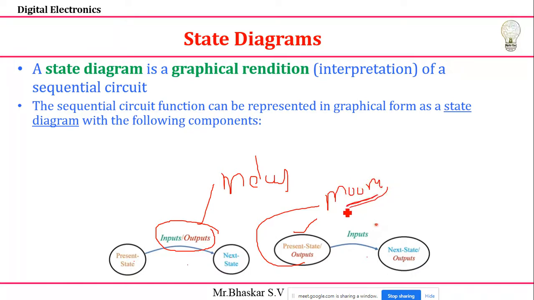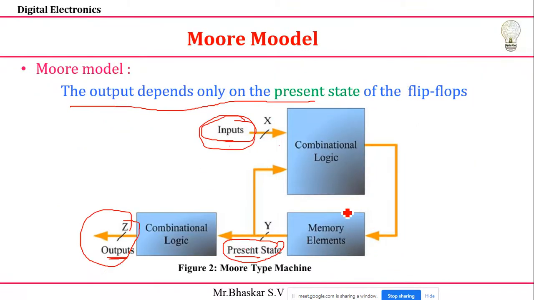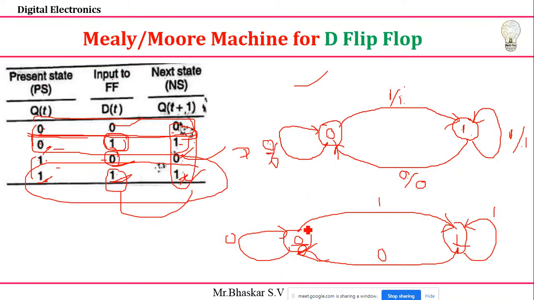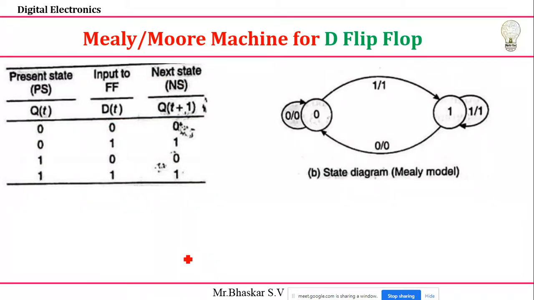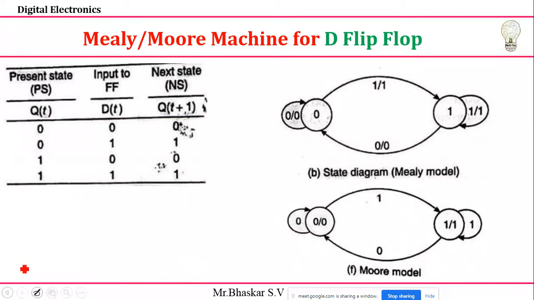Clear about this one? Then you just tell me, I represented this one, right? So two ways, I represented two ways. Here I'm going to represent inputs and outputs. The major thing is outputs. Outputs I'm going to represent in the arc. That's why it is called Mealy style representation. This is called Moore style representation. See the clear pictures, I'll show the final circuits. You can see that this is Mealy. This is called the Moore model. See, here I'm going to represent it in the arcs. Here I'm going to represent it inside our circles. Is it clear about this one?